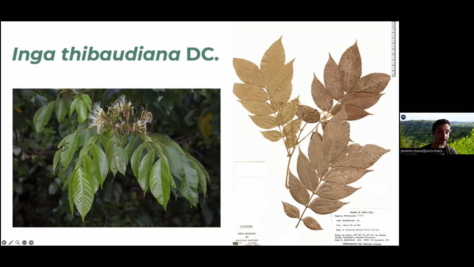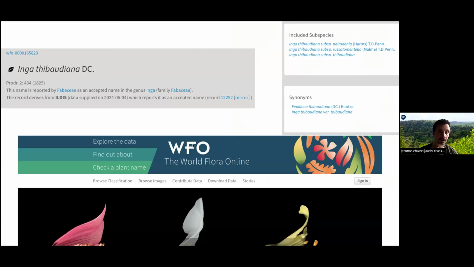Now, this is an ideal case where we have flowers, but in most cases in the field, we have sterile specimens, and this is a major problem for our work. How do we make sure that we have identified the proper tree to the species? That's sometimes just impossible or based on expert knowledge.